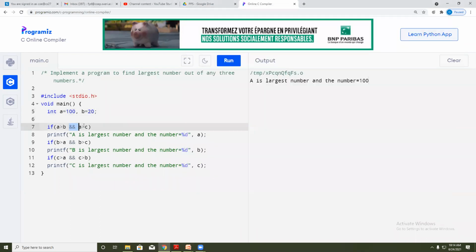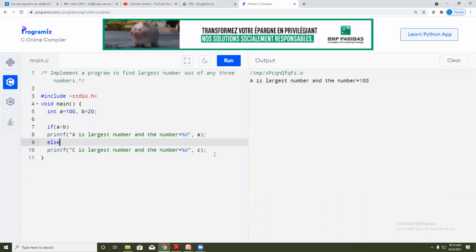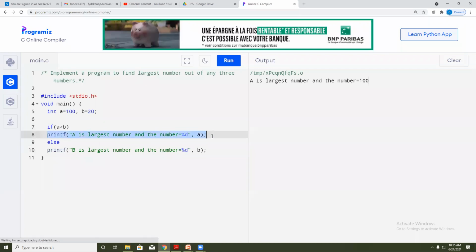Now in our case, if you remember the example of finding the maximum number between two numbers, I have two numbers only, A and B. I'm comparing here, that means I'm using this logical operator: A is greater than B. If this condition is true, then it will execute this line.